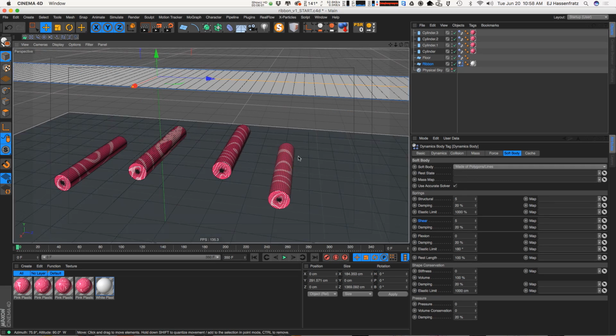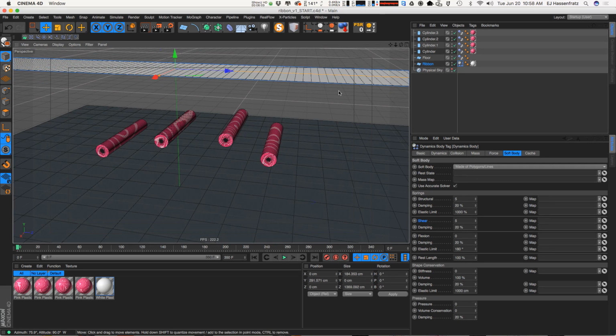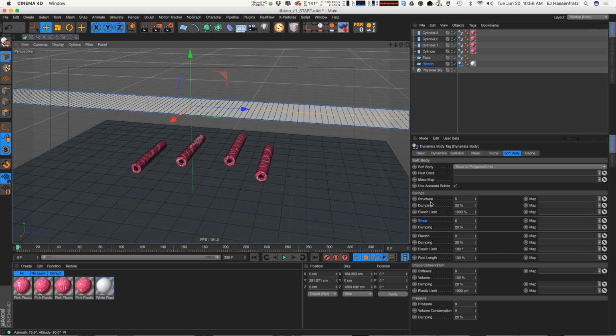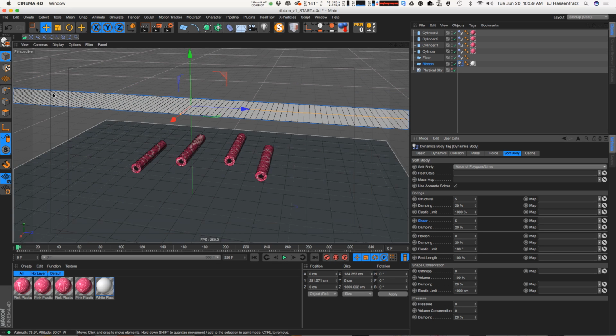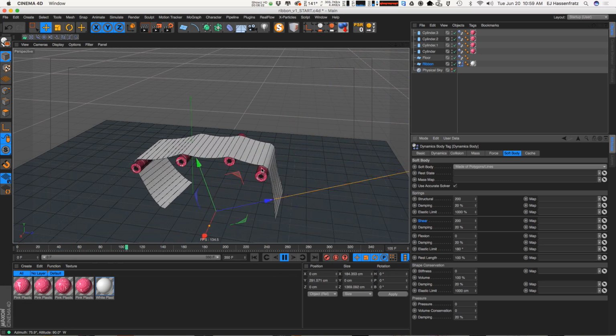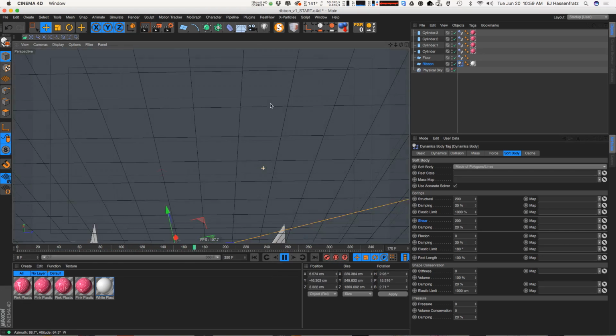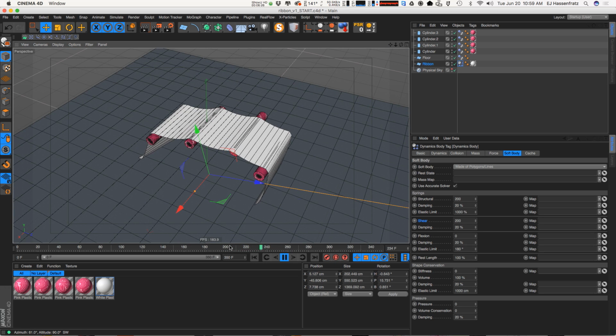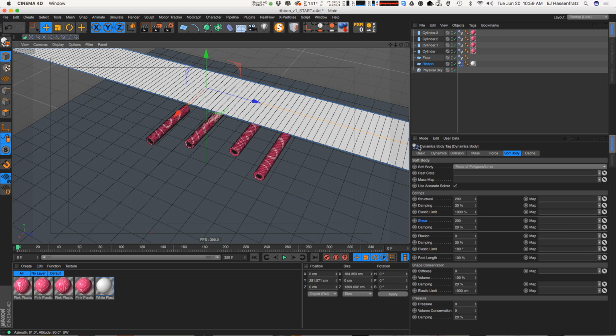We need to stiffen this up a little bit and give it more springs to define the shape of this ribbon here. So what I'm going to do is kind of crank up the structural and the shear to a bigger number, like 200 and 200, and you're going to see that we have a little bit more detail. We still have a lot of funky stuff going on, and this is due to the fact that